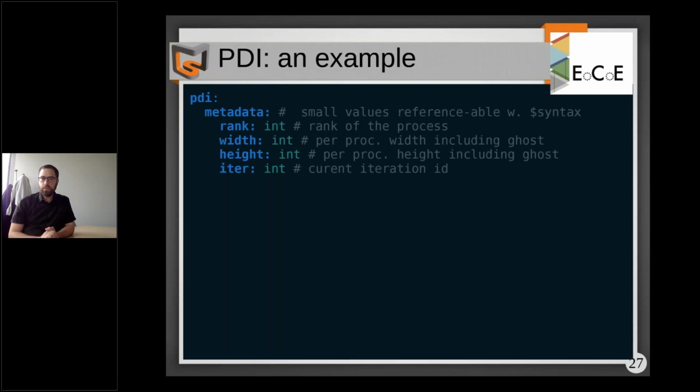Here we see an example, the smallest possible example of a configuration file. In this configuration file, the first part specifies the type of the data that is exposed to PDI. In this case, we specify first the metadata. Metadata are small values that PDI will keep along the simulation. So PDI will make a copy of this metadata to be able to reuse them along the simulation. So for example, here we see that the iter